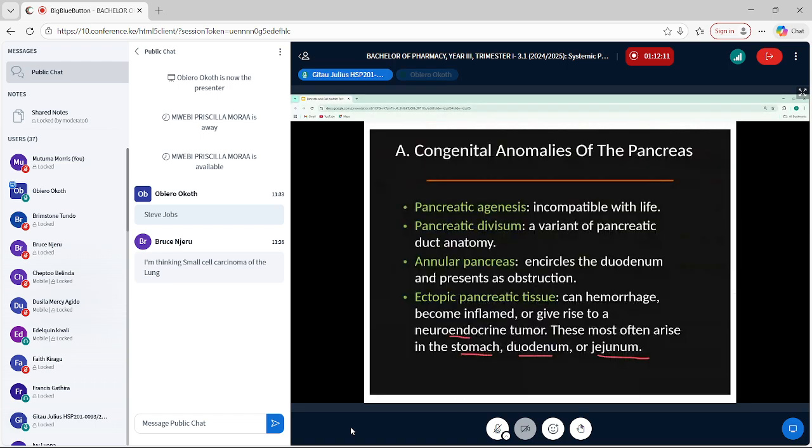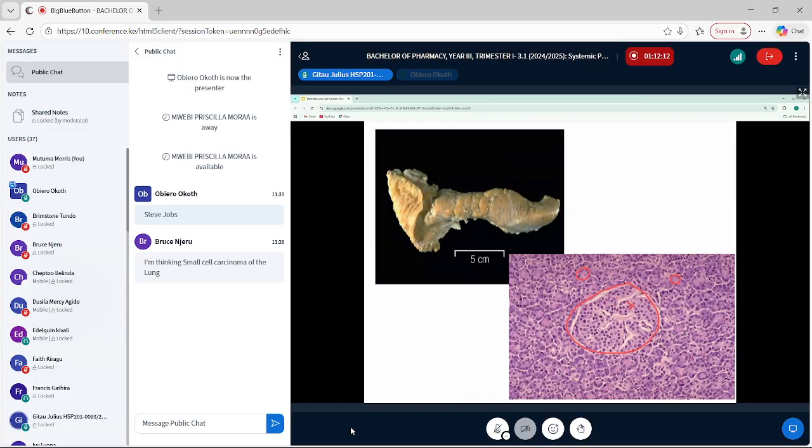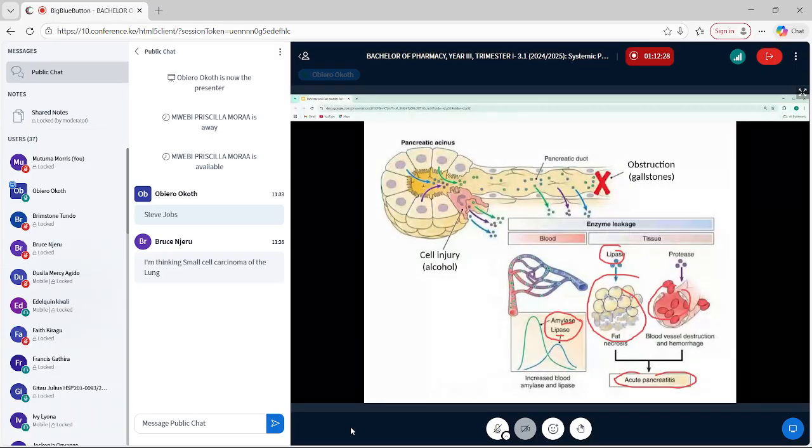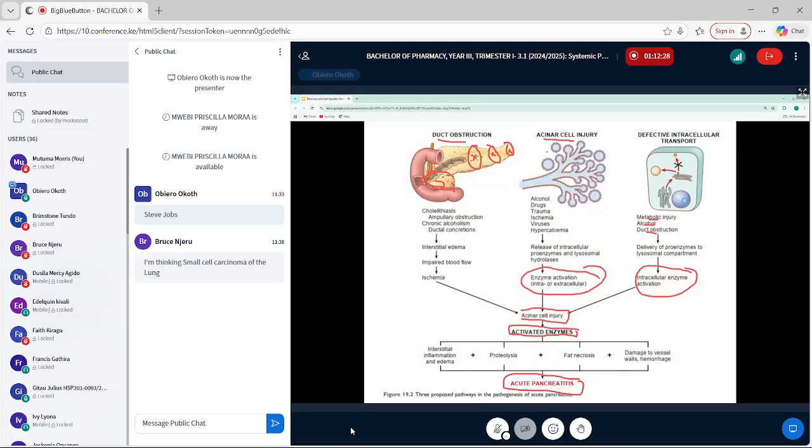Yes, Gita. Thank you. And then on the mumps virus, we know it affects the parotid gland to cause pancreatitis. Well, we remember we said there are three mechanisms. Look at this. Acinar cell injury. So the mumps virus will infect the acinar cells. And once you injure the acinar cells,